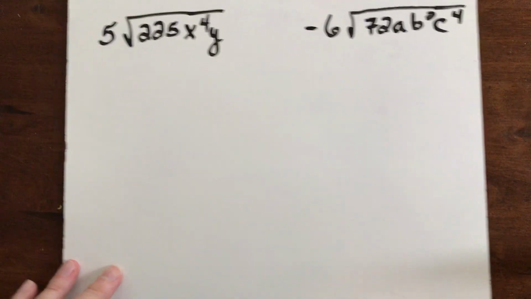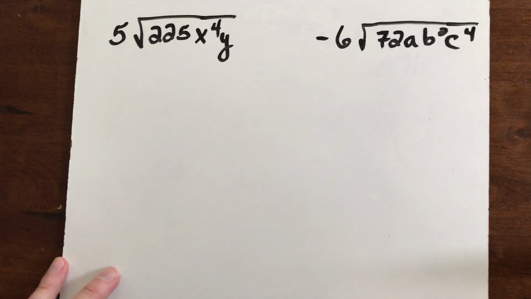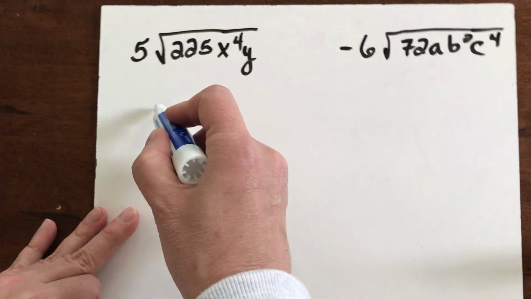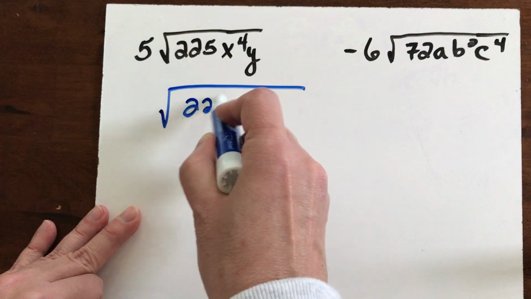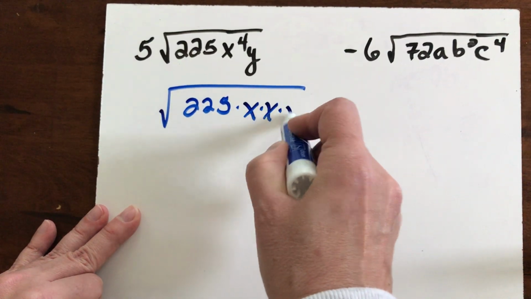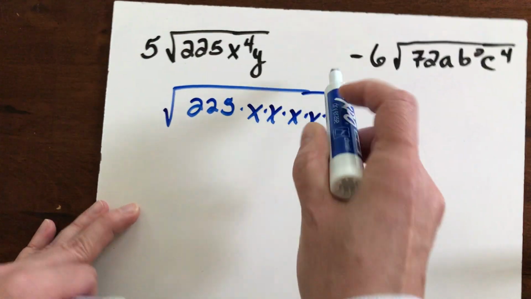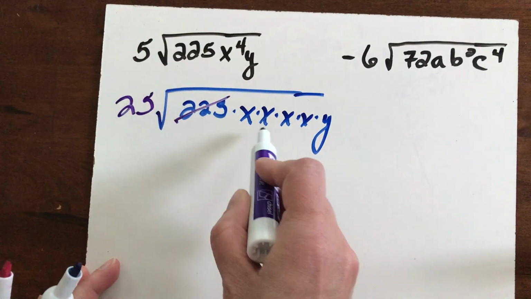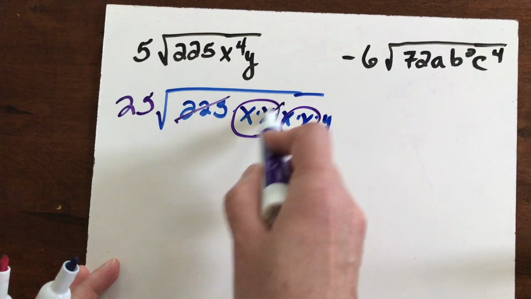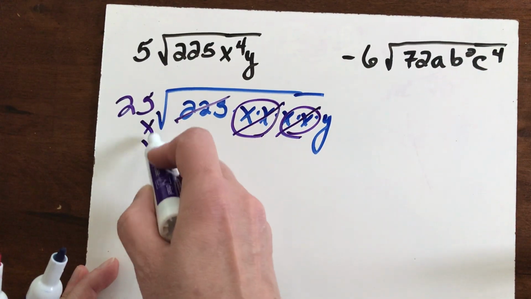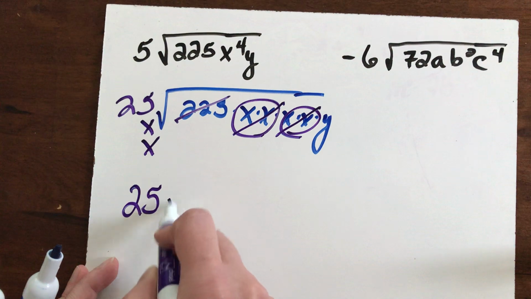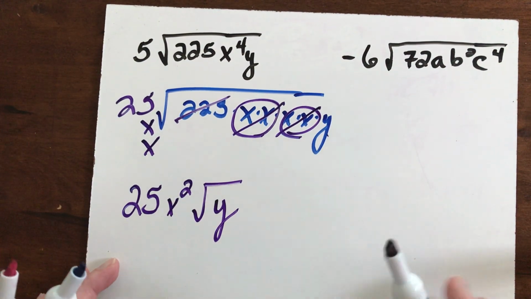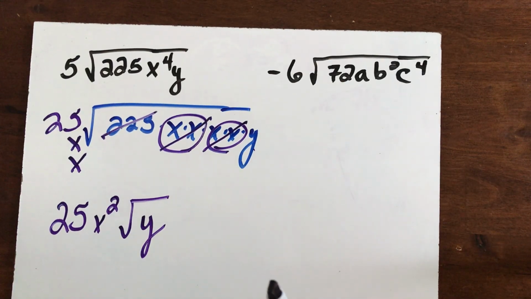All right. What about this one? What do you notice about 225? It's perfect. But I'm going to go ahead and bring it down anyway. So 225, 4 x's, and 1 y. Square root of 225 is 25. There's an x, there's an x. Each pair you pull 1 x out. So I'm going to end up with 25x squared on the outside, and what's left underneath? My lonesome y. Okay, now